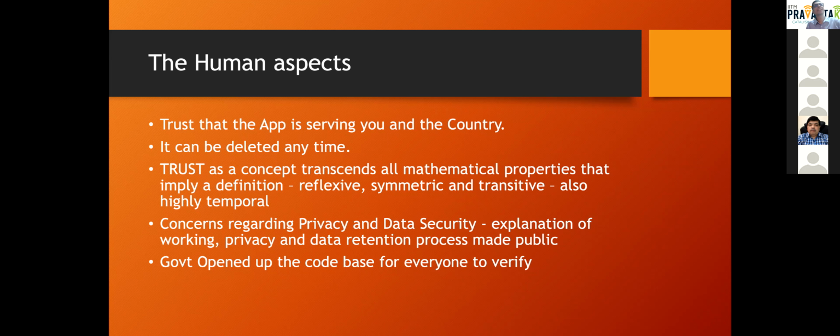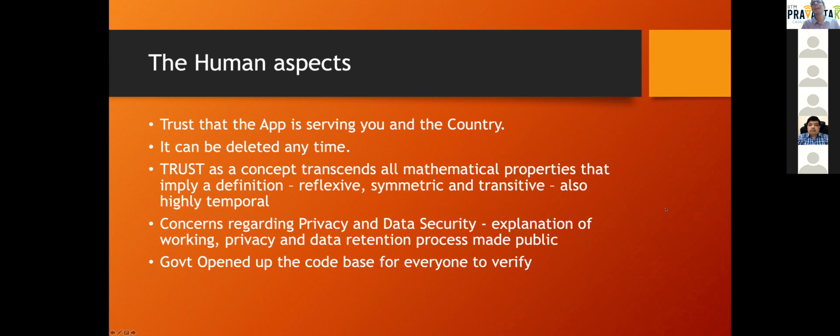We gave the data transparency rules. We said how much time we'll retain the data. We gave a sunset clause for it. And importantly, we've opened up the entire source code for everybody to look at, to see what we are doing. And that is how we started building the stuff. But here it requires a lot more psychological and humanities intervention.